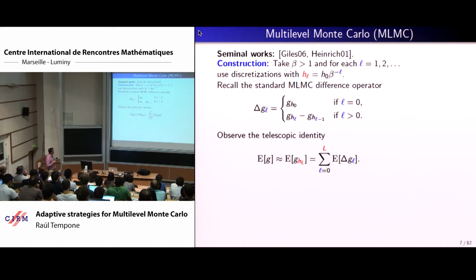So let's go again to the construction. The construction of these h_l's is done via a geometric discretization, meaning that you start with a given mesh. If you're not happy, subdivide it by 2.